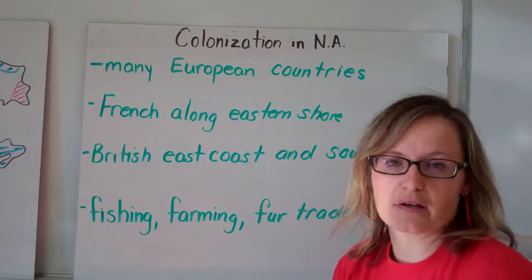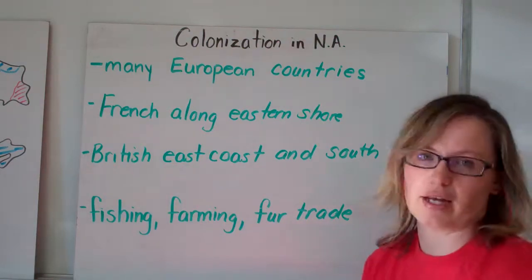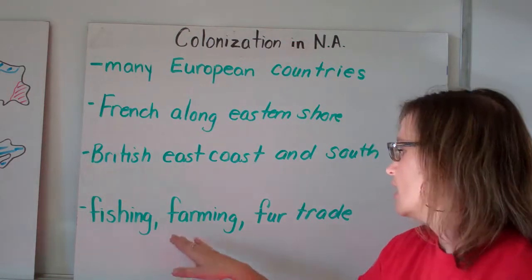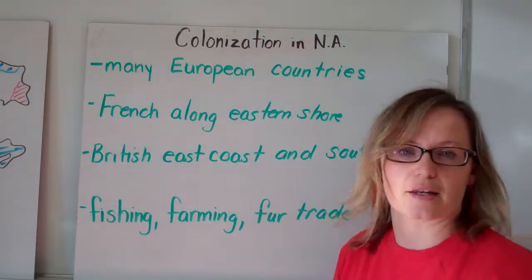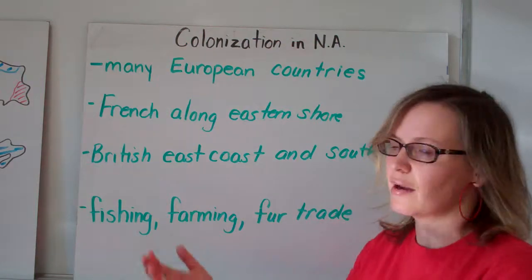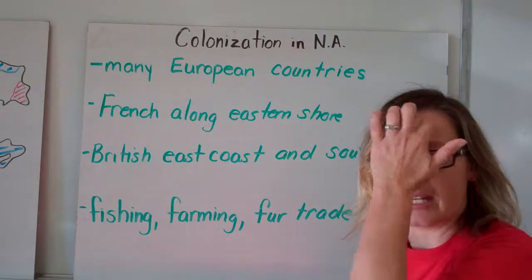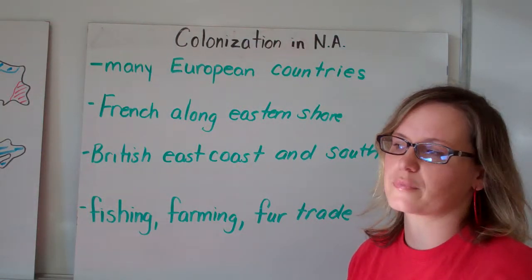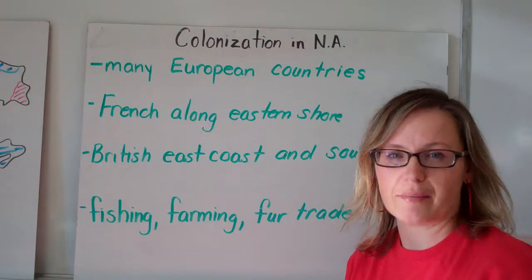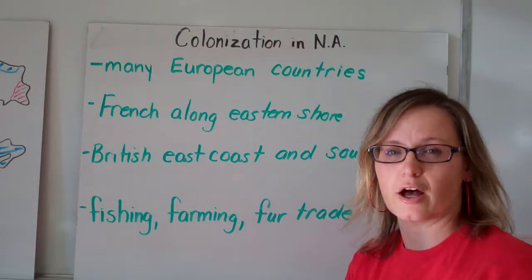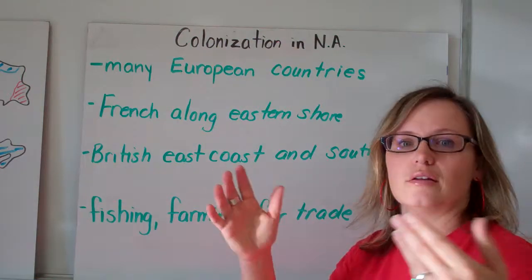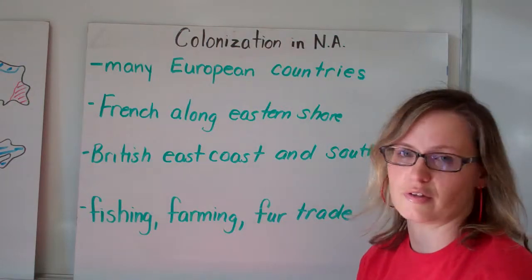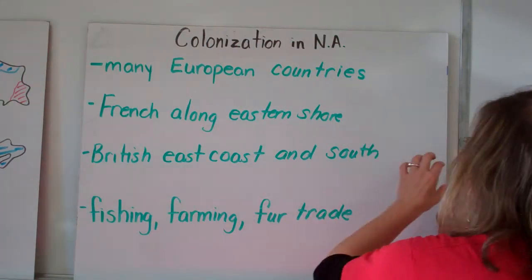The primary industry in the colonies was fishing, farming, and fur trade. So fishing, obviously, they're close to the water and it's easy access to that resource. Farming, once you begin a settlement, you have to eat. And you can't bring the food over from your mother country, so you need to establish farms. And for many of the settlers, the farm would at first just be a farm for their own family, and eventually when they had enough land and enough people to help, they began to have farms that they could then sell and provide for other people. And the fur trade, obviously, which was one of the draws to the colony in the first place.